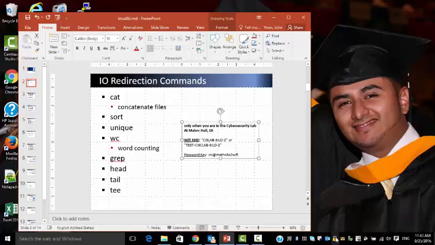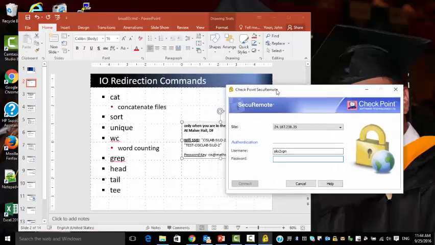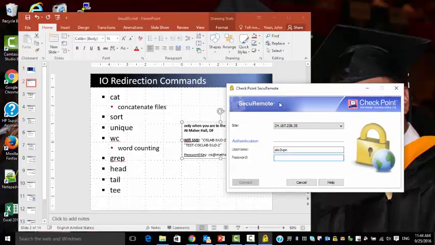See here, secure. Somebody has some other, like open some connections. Not really particularly this name, but something else. Then you need to reinstall it. Okay. Once you install, so that if you see Secure Remote here,